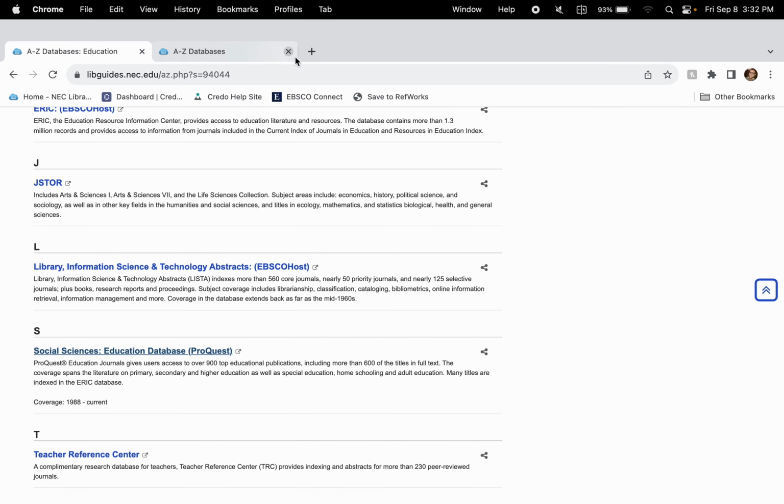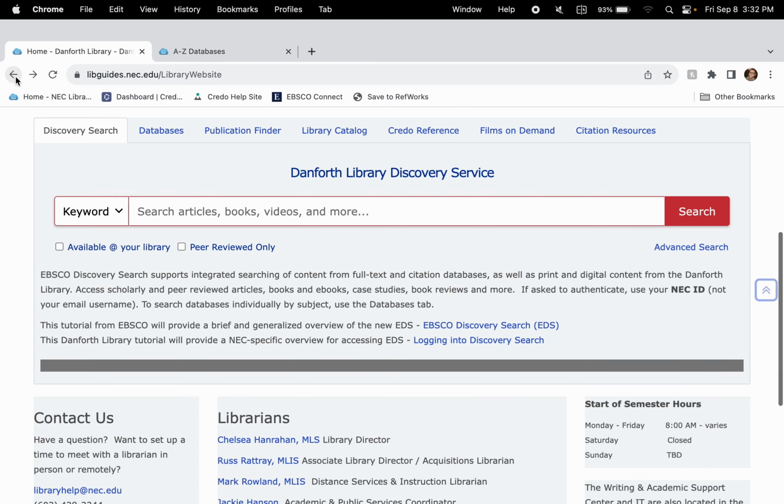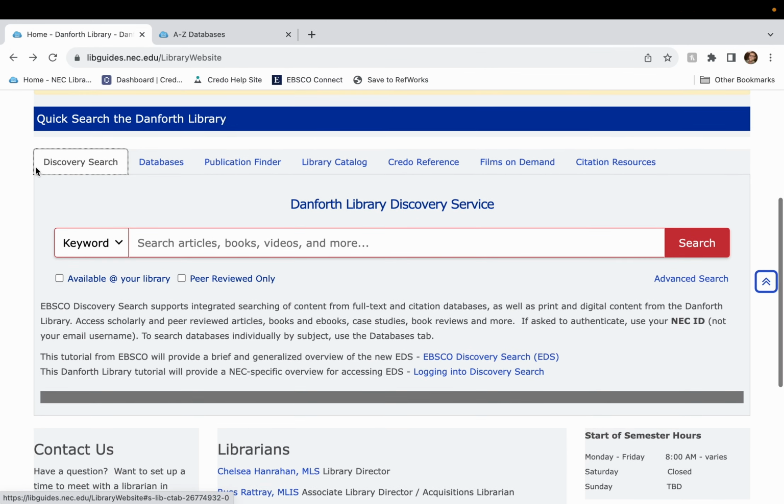But if you are interested in learning more, we will have a video on some of those folder options in the future. Okay. Now, let's say I am looking for a particular publication and I'm not sure if the library